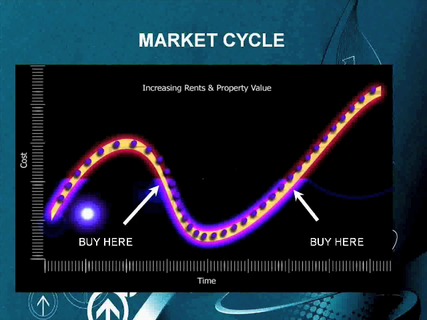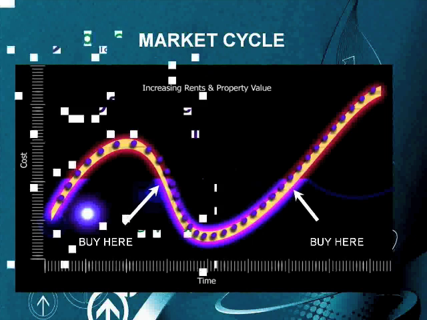And if you look at market cycles, it doesn't really matter whether you buy at the left side of the trough and you go down before you come up, or you buy it on the right side of the trough and you go up. Really, the difference is just maybe a little bit of time. But if you're buying cash flow producing, dividend producing, income producing property, then the income is there regardless of what happens to value. Because value only matters at 2 times, when you're refinancing and when you're selling. And if you're not refinancing or selling, who cares what the value is as long as the dividend is coming in on a regular basis.